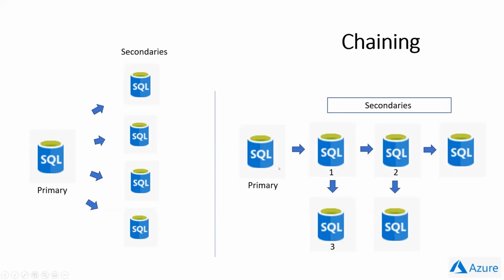One way to change that, and in the case you need more than 4 secondaries, an endless number, is something called chaining. Basically, if you see in the right, the primary is only doing the replication to database number 1. So instead of having 4 connected, you just have 1. So the overhead is less, because from the perspective of the primary, it's only 1 secondary, the one connected to the primary. Now this secondary, that is the number 1, at the same time has 2 more secondaries, the secondaries of a secondaries.